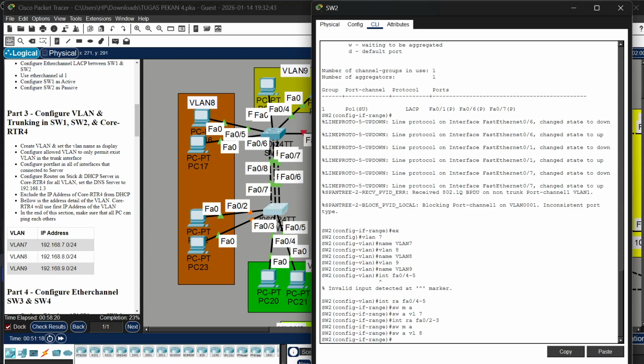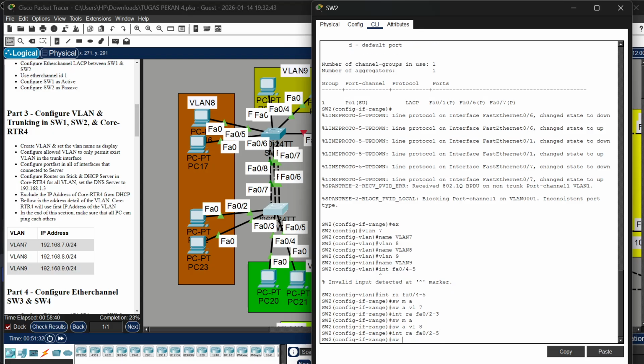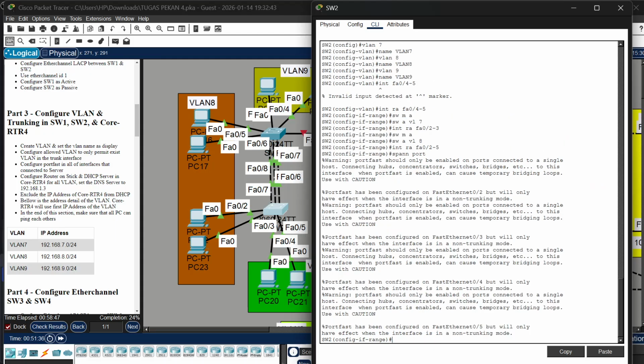I'm sorry, this is switch interface range 2, 3, 4, 5, FastEthernet 0/2 until 5. Switchport, spanning-tree portfast. Okay,